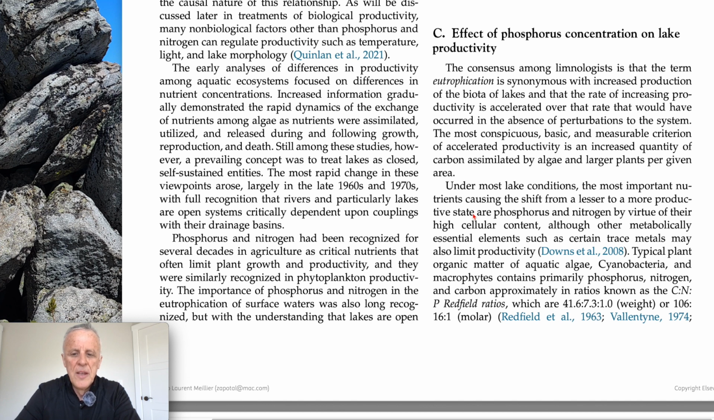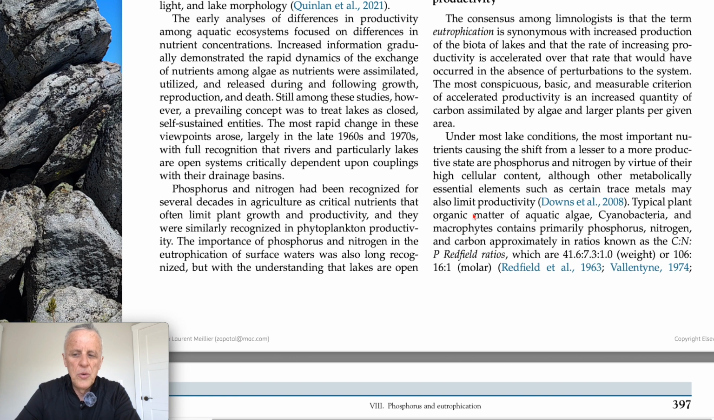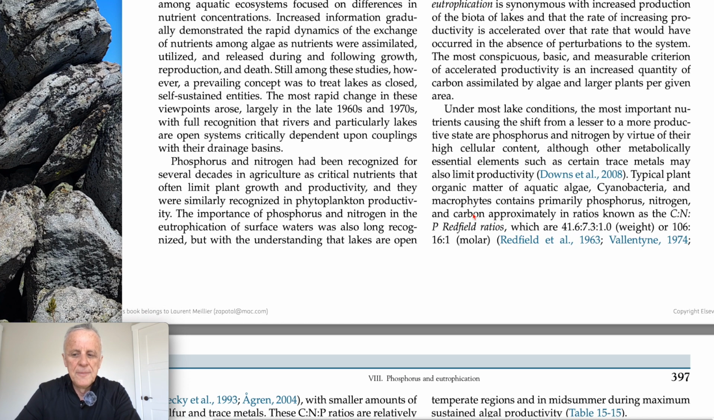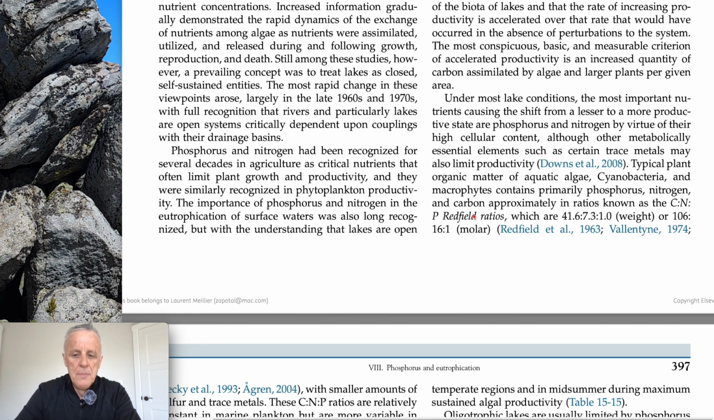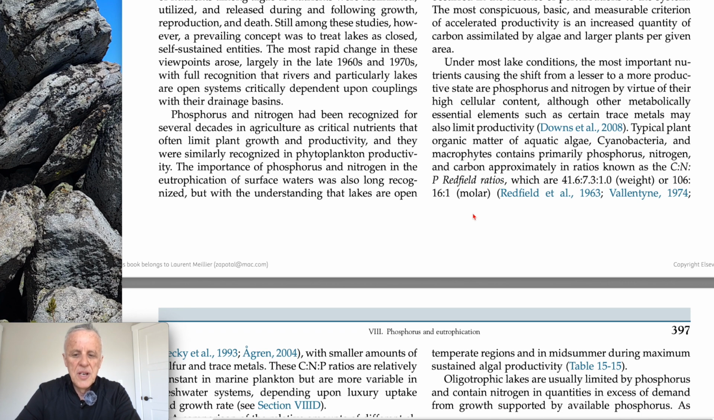perturbations to the system. The most conspicuous, basic, and measurable criterion of accelerated productivity is an increased quantity of carbon assimilated by algae and larger plants per given area. Under most lake conditions, the most important nutrients causing the shift from a lesser to a more productive state are phosphorus and nitrogen by virtue of their high cellular content, although other metabolically essential elements such as certain trace metals may also limit productivity. Typical plant organic matter of aquatic algae, cyanobacteria, and macrophytes contain primarily phosphorus, nitrogen, and carbon